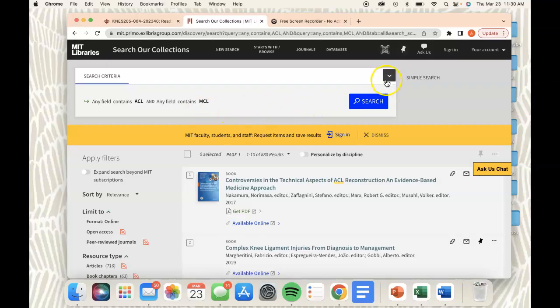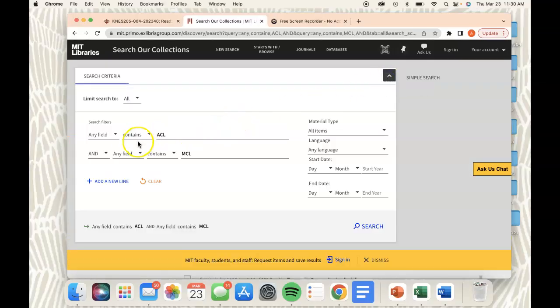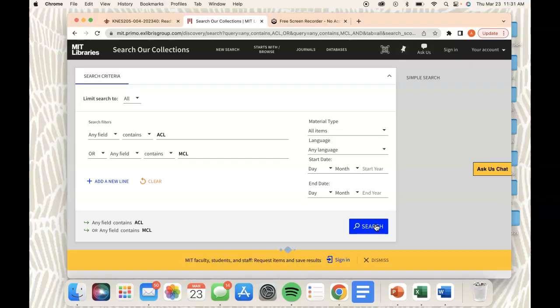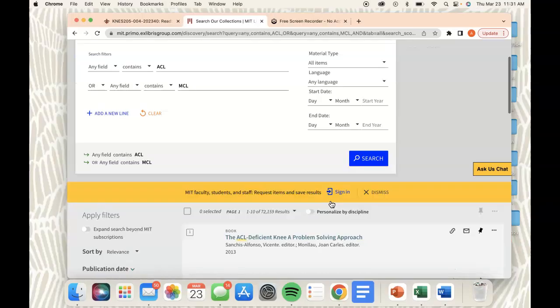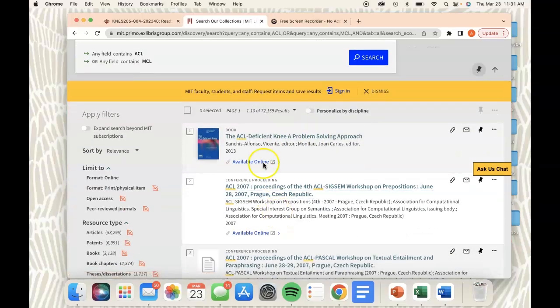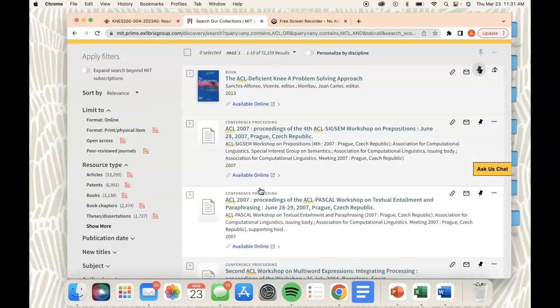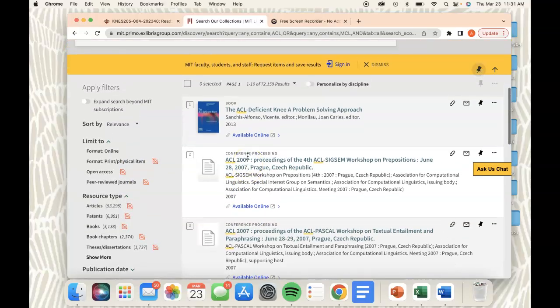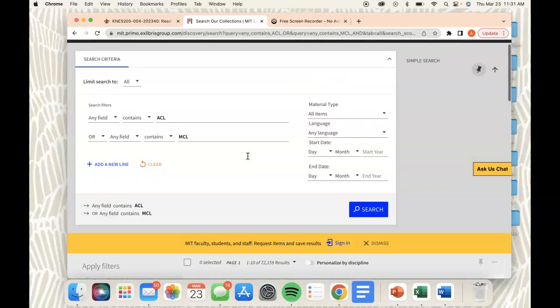And then to change that, we're going to now try one that says ACL or MCL. Then press search. After, we see that there are different outcomes and different result numbers. And so these are articles or books or different resource types that have ACL or MCLs mentioned in here. And last but not least, we're going to do ACL,